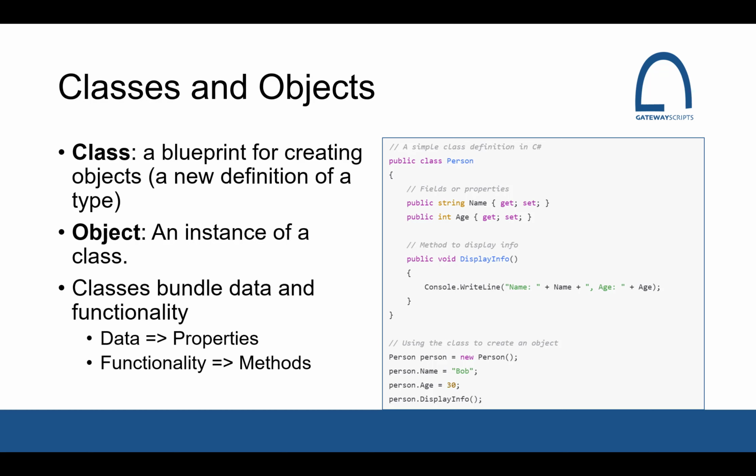To the right you see a class that's defining a person. So in the definition for a person, we have two properties, one string property for name and another int property for age. Underneath, we're using some code to instantiate a person class. So now we have an object called person that is of type Person. And we're setting the name and age. We're setting the name to Bob and the age to 30